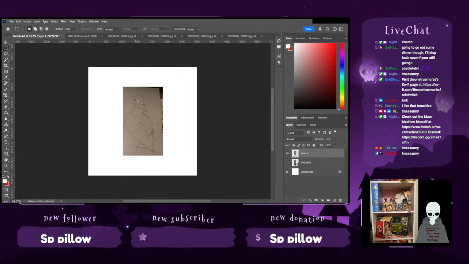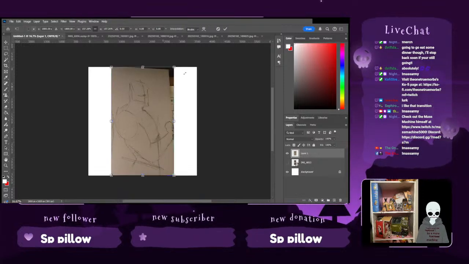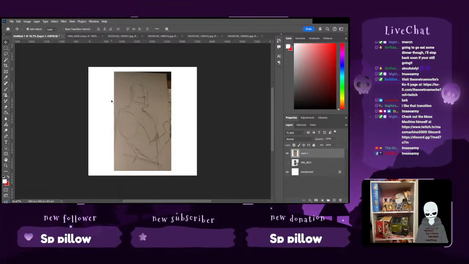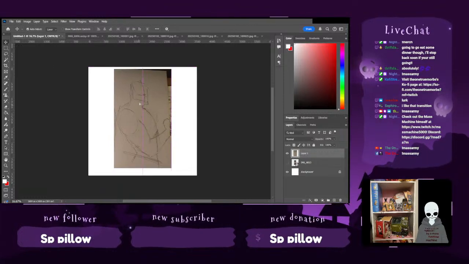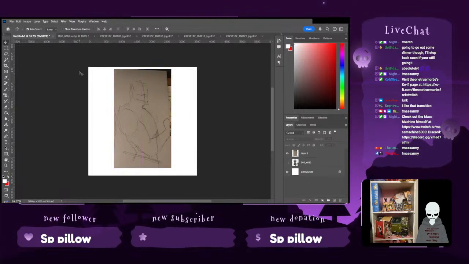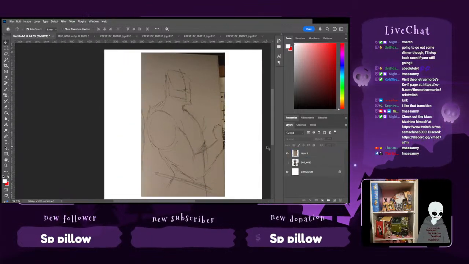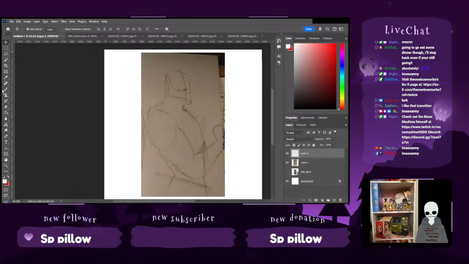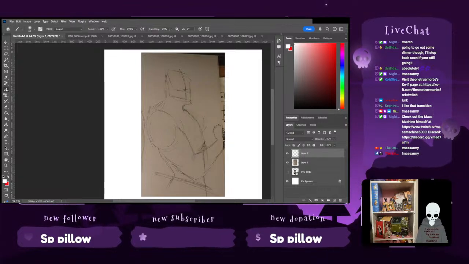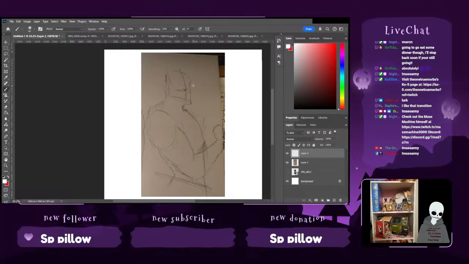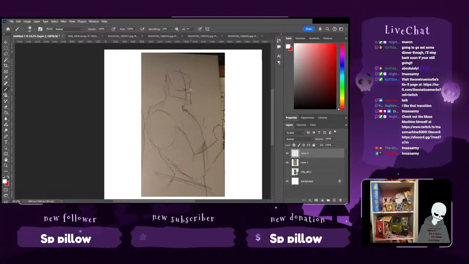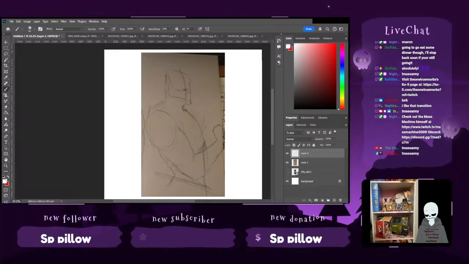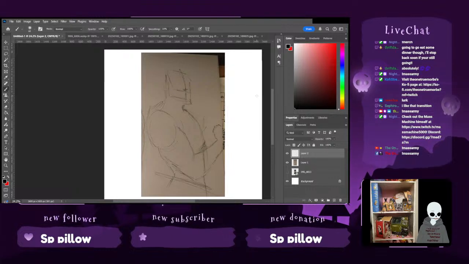Hide that for now. And we want to make this big enough that if it's going to go in any kind of merchandising, it will have a good high quality print. So, new layer. Black ink.